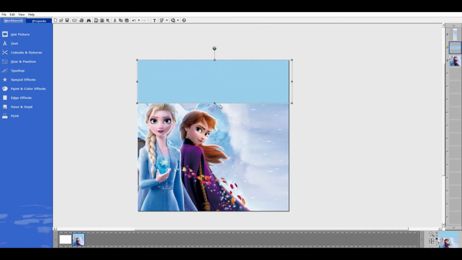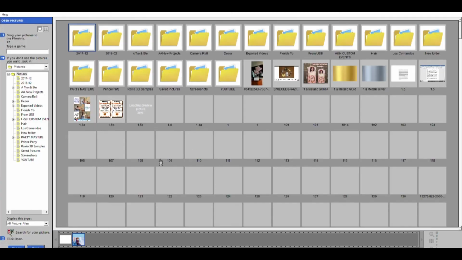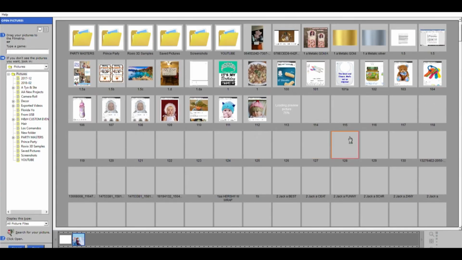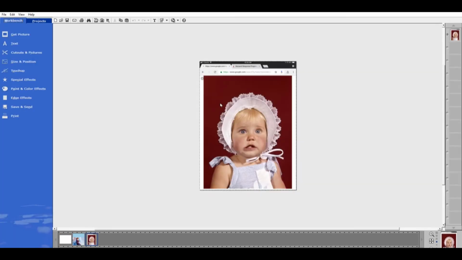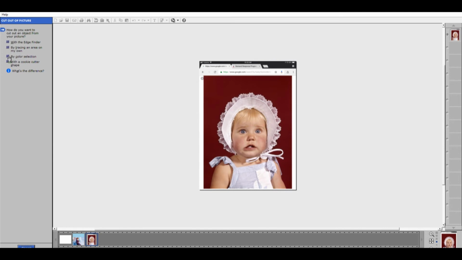Now I'm going to bring this back down just by pulling it here. And if I wanted to add a picture in here, let me see if I have anybody in a picture on here. These are off the internet that I use to make photo props. So let me just cut out this kid